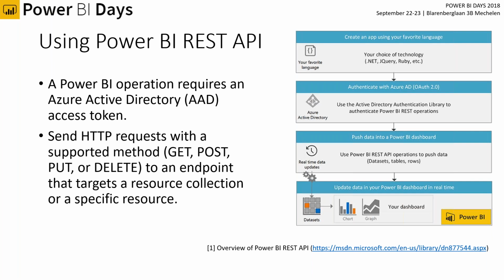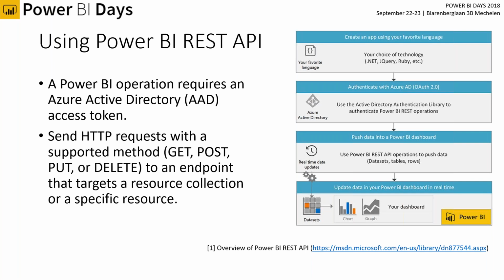To do this, we are using authentication against Azure Active Directory. Almost every REST API call requires a so-called access token that we're getting from there. After we've successfully authenticated our identity and we get this access token, we will put it in the request headers that we're calling these